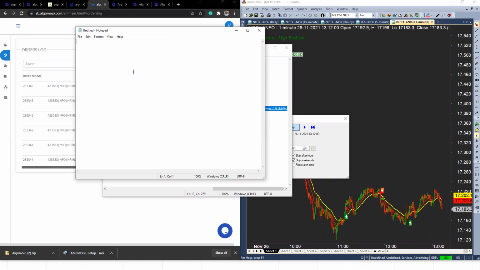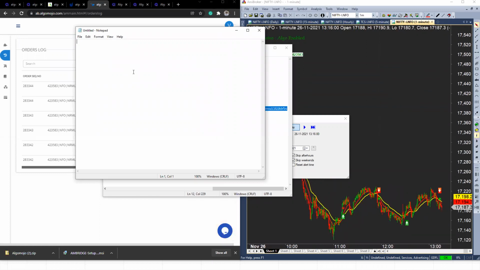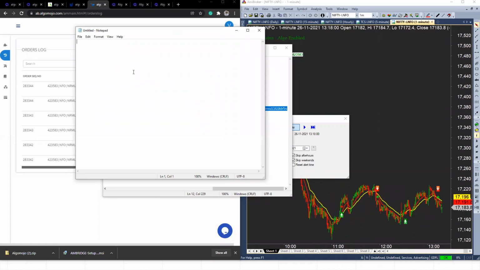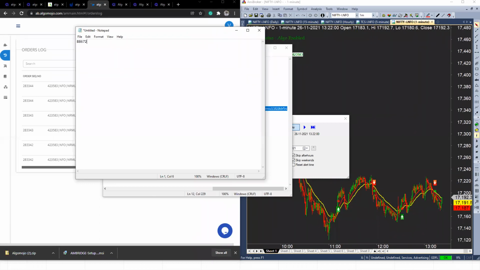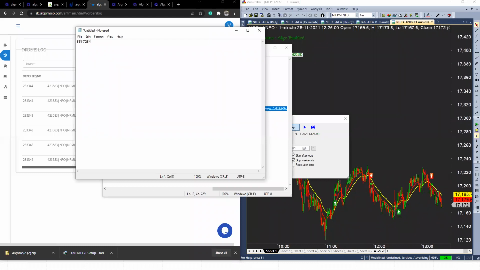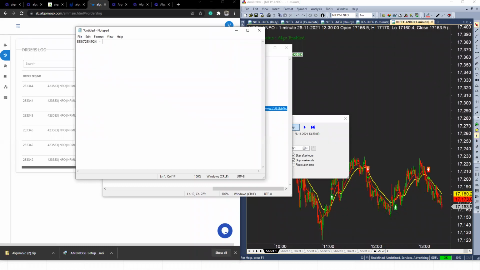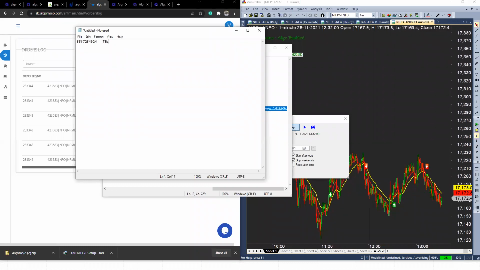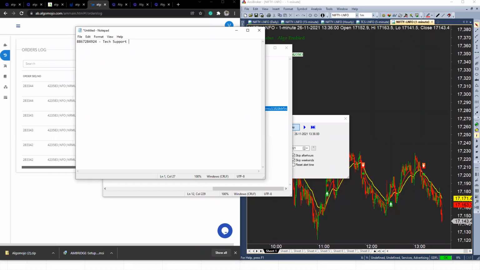So it is exactly short and sell signal. Just give me a second, I'm just trying to get that. So it is 88672 84924, and that is the tech support number for AlgoMojo.